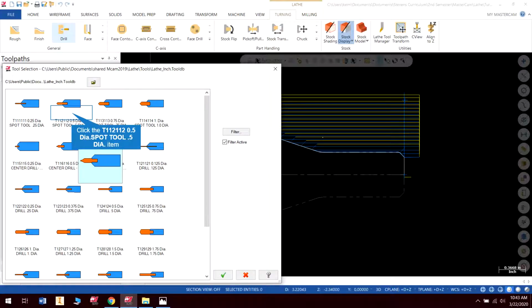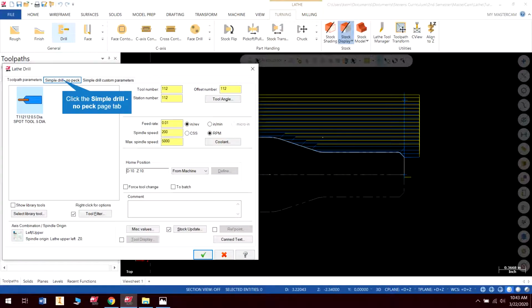Okay, so our drill again is, oh, it's a 0.0625. Oh no, I'm sorry, no. Oh, it's a tap drill. So we're going to drill for a 3/8-16 tap. Well, in that case, our tap is going to be 3/8 maximum diameter. So I want to put a little bit of a chamfer on there. So I'm going to use a 1/2-inch spot drill. And remember, if I want to put a 10,000th chamfer on the outside of it, my max diameter for that drill or that tap is 3/8. So I'm going to add my 10,000ths to each side of 3/8. So I'm going to add 20,000ths to that diameter, which is going to give me